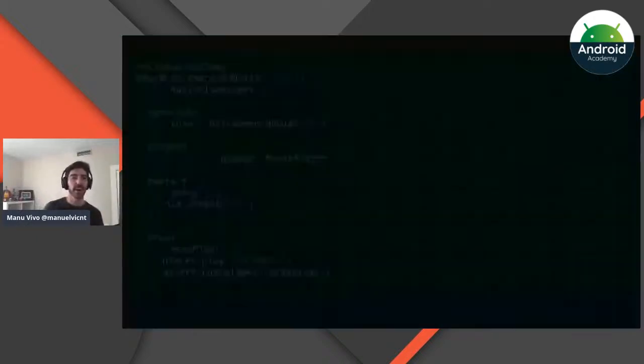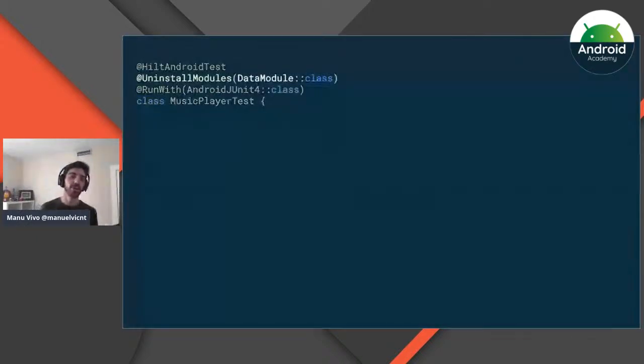So with @UninstallModules, you can pass in a module that you want to unload. In this case, the data module contained the information of how to build the database. And so here we are telling Hilt, hey, don't worry about this information because I don't want it anymore. But instead, what you want to do is create the in-memory database, right?